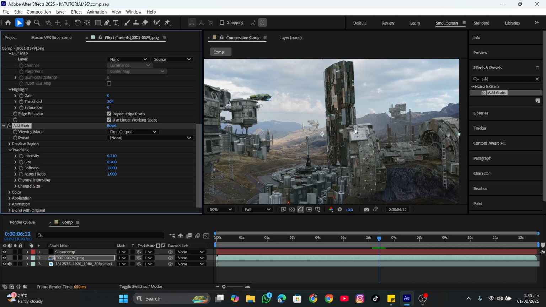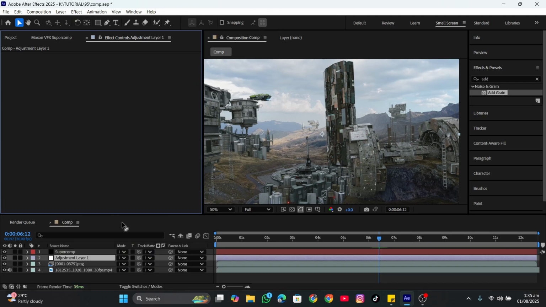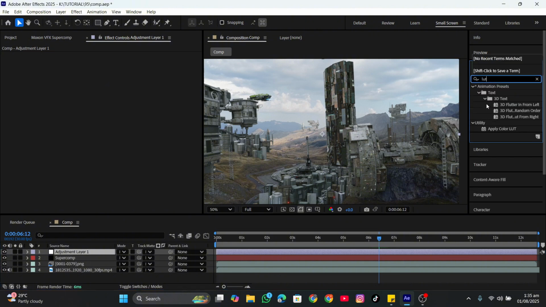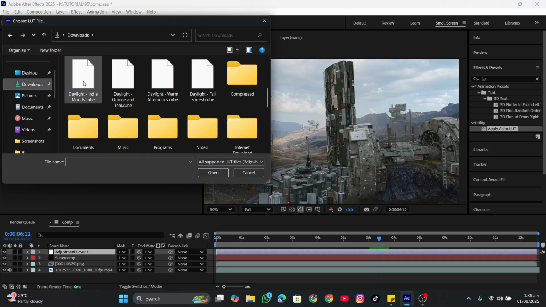I'm gonna use some LUTs to get a little bit of good looking color. So for LUTs, I'm gonna go to layer, click new, and add an adjustment layer right here on top of everything. And then I'm going to search for LUTs here, apply color LUT. Actually I have a bunch of color LUTs, but I found some free LUTs on YouTube. I forgot the video, but I'm going to put the link as well to the LUT that you can